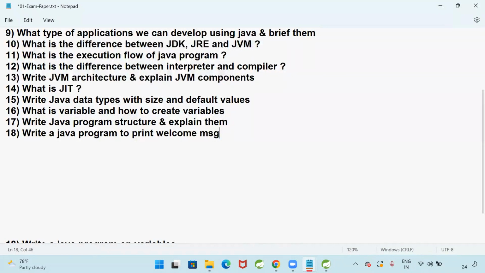Write a Java program to print a welcome message. If I compile and run your program, it should give some message as output.